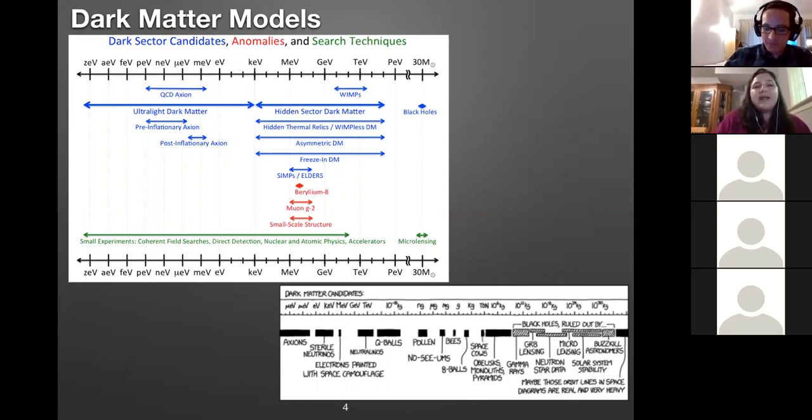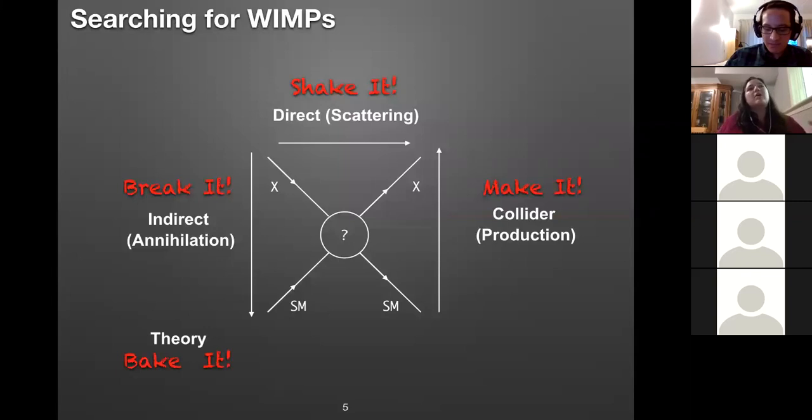So how are we going to look for a weakly interacting massive particle? Well, we can do it in a few different ways. If you're used to particle physics and thinking about Feynman diagrams, which as a drawing can encompass all of the math of particle physics, one of the great joys of us not knowing what dark matter is that we get to make a fake Feynman diagram. And so here the X's or chi's are our dark matter particle. SM stands for a standard model particle, and somehow they're going to interact with each other, and we don't know